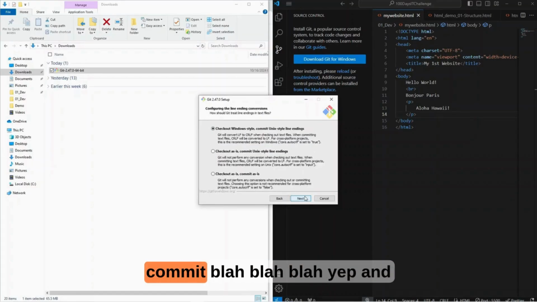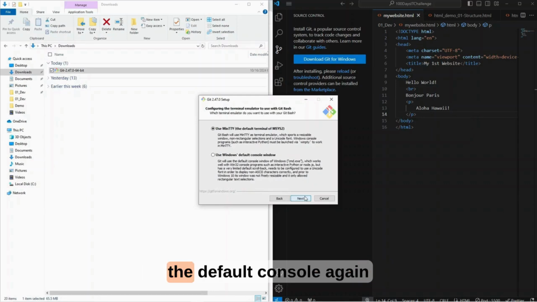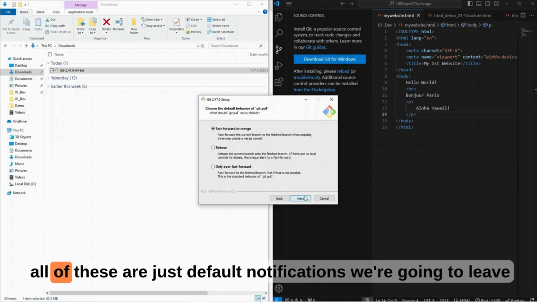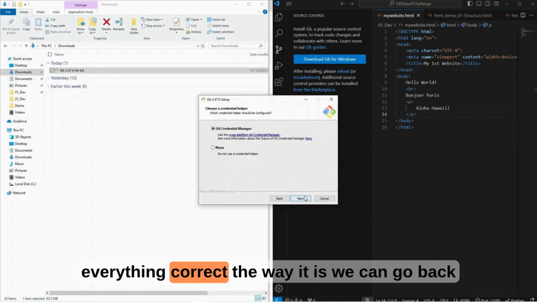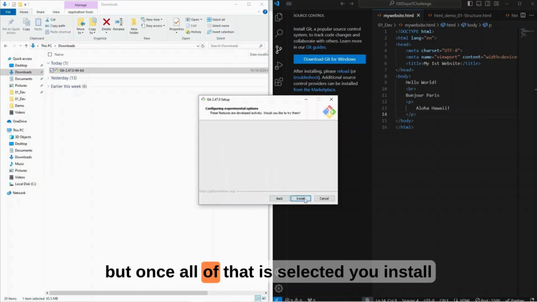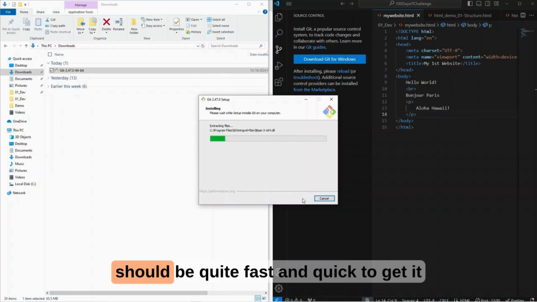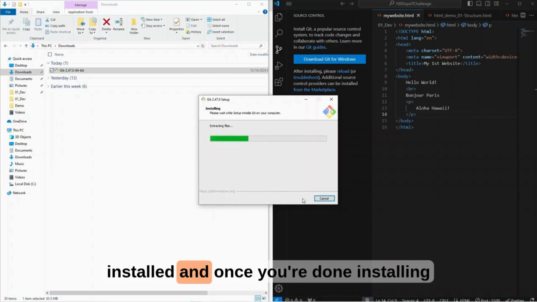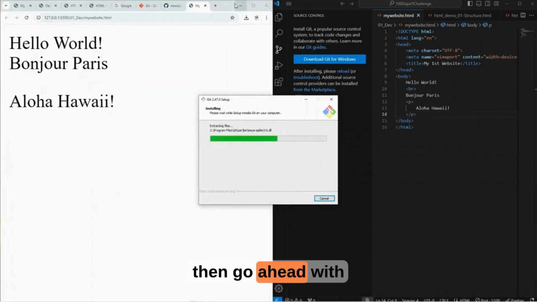Check out Windows style, commit, and so on. Yep. And default console. Again, all of these are just default options. We're going to leave everything the way it is. We can go back and make the changes later on if necessary. But once all of that is selected, you install it, and you should be good to go. It should be quite fast and quick to get it installed. And once you're done installing, then you go ahead with